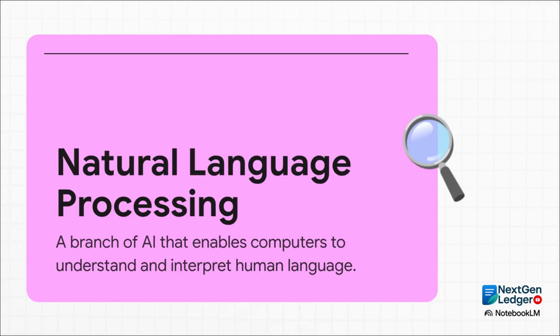And sentiment analysis is actually just one piece of a much bigger puzzle. That puzzle is called natural language processing, or NLP for short. This is the branch of artificial intelligence that gives computers the ability to understand our language, both written and spoken. It's the technology behind things like chatbots and voice assistants, and it's getting incredibly sophisticated at understanding not just words, but context and even sarcasm.